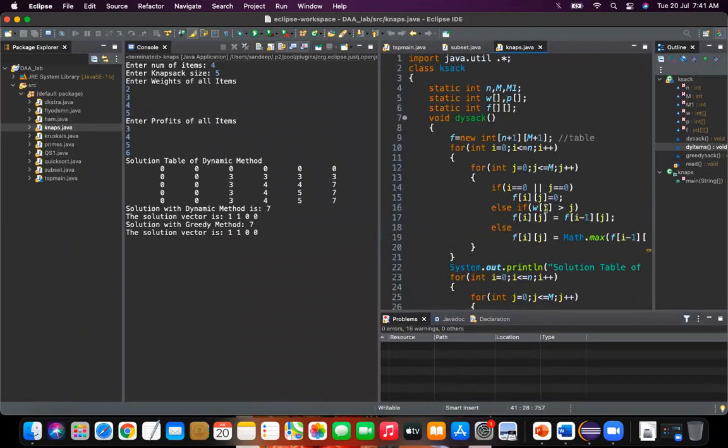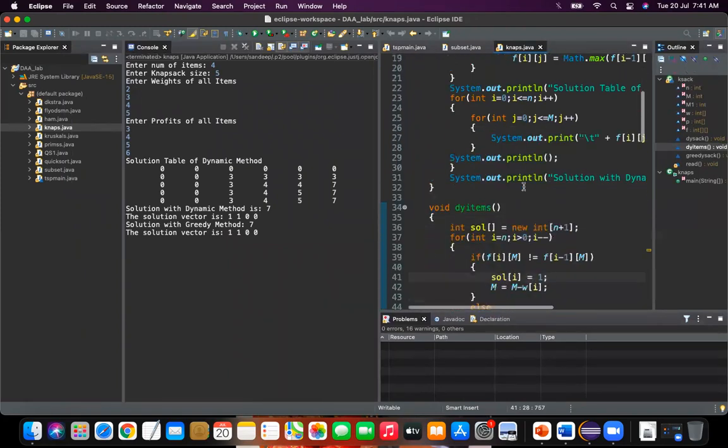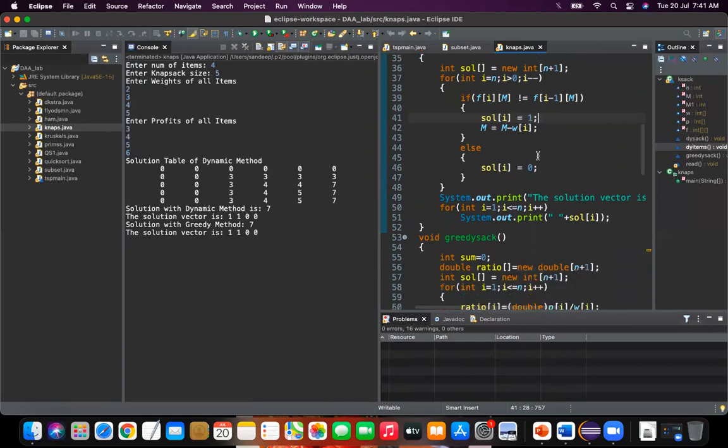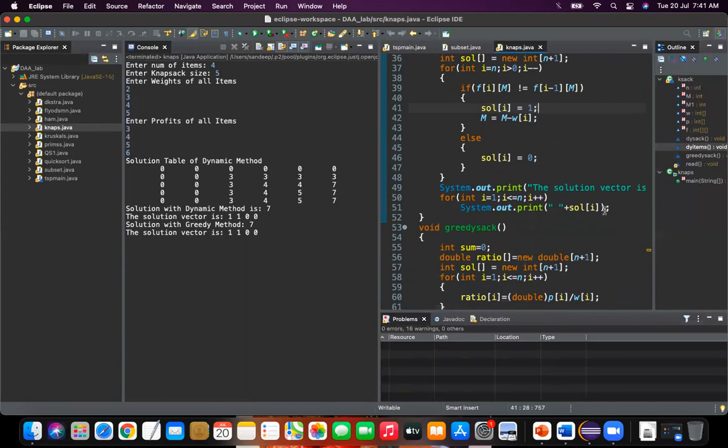If you can write this part properly, the remaining thing is just displaying information. The solution table will print and we'll select the items by comparing each item with the previous item. We'll go on comparing in reverse order. When they are not equal, we'll select that as a solution and we'll print the solution array, which contains the item count. So this is the output you are going to get.